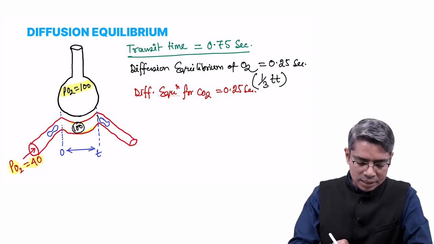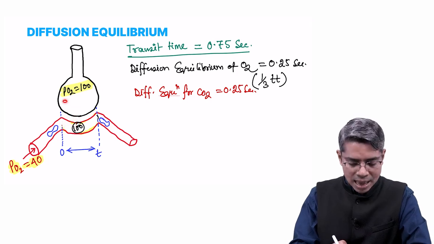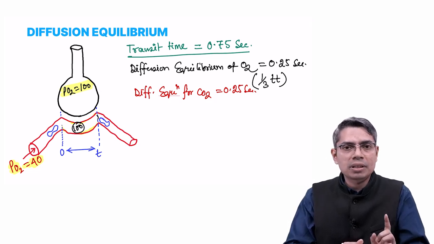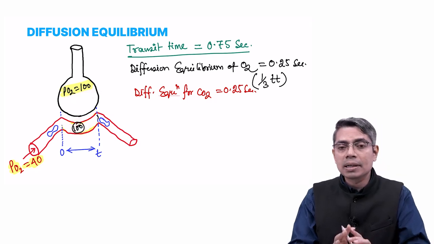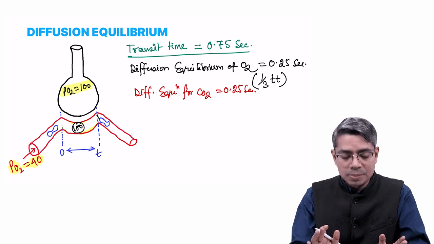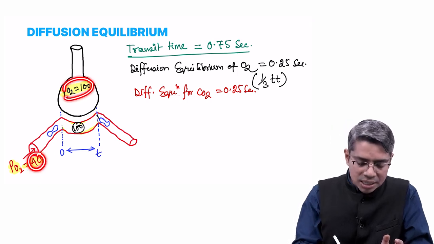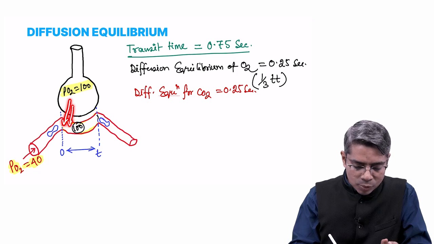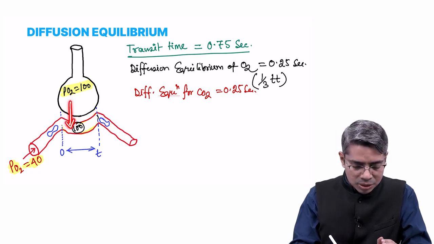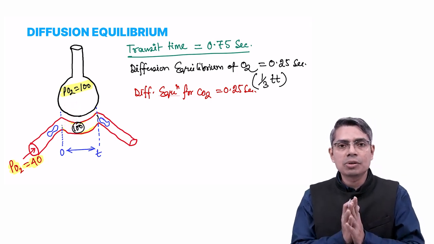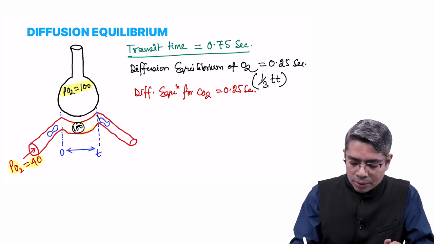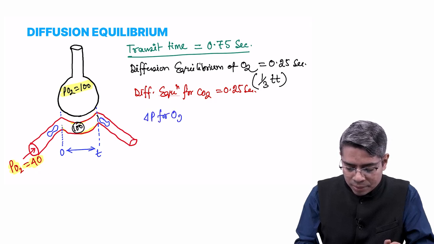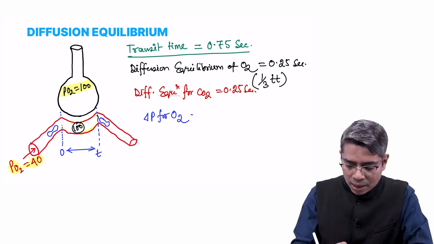So if I want to calculate the average partial pressure difference between alveoli and this capillary blood, what am I going to calculate? I am going to calculate the partial pressure difference between alveoli and capillary blood, but that is not the absolute difference, that is the average difference. So initially here it is 40, initially here it is 100. So the difference is 60. But I just told that whenever the oxygen transport is happening more and more, the partial pressure difference between this alveoli and capillary blood is going to reduce gradually. So if I want to calculate the average partial pressure difference delta P for oxygen between alveoli and capillary blood, I have to